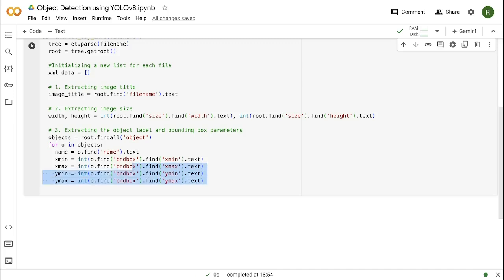and then we will be appending all this data inside the XML underscore data list which we created initially, and we will be appending this inside this for loop only, because it might happen that in a single image we have multiple objects, and for every object we will have a different image title and different width and height. Fine. So here I will say XML underscore data dot append. Now in this I will append a list of parameters. So we will create a list here, and in this list first we will append the image title,